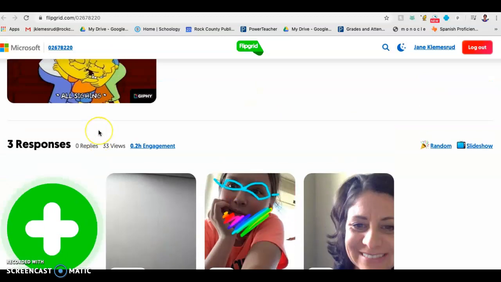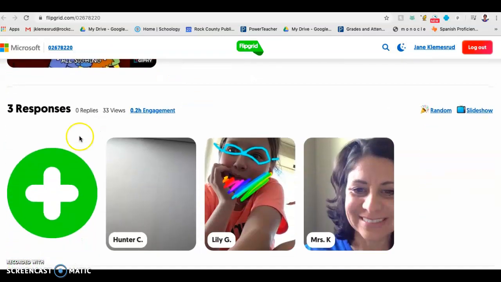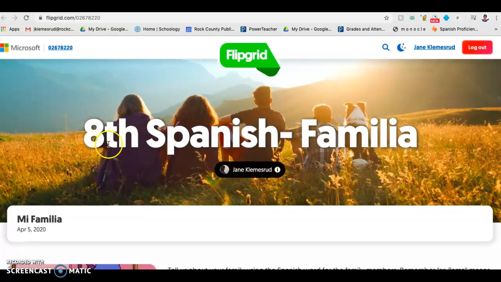So make sure that when you are pushing this green button that you're seeing your other classmates and that you're seeing that you are in 8th grade